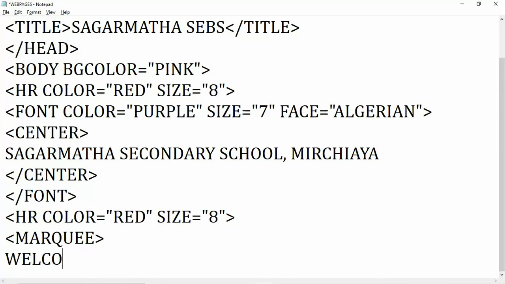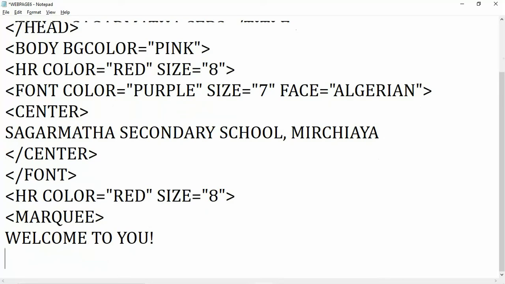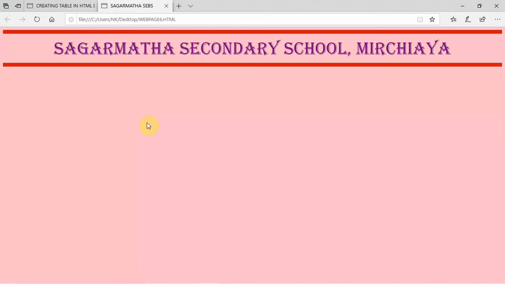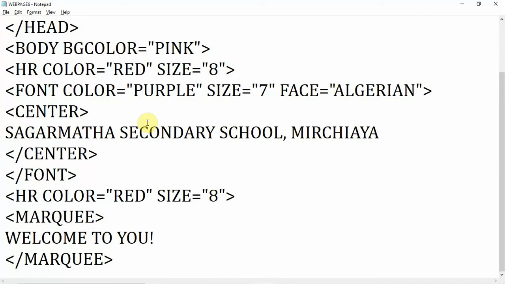Suppose I want to write welcome to you. Next close the marquee tag, and after that you can see the effect in your web page. Here is our web page. I want to press the F5 key. Now the scrolling text, moving text is coming in our web page.